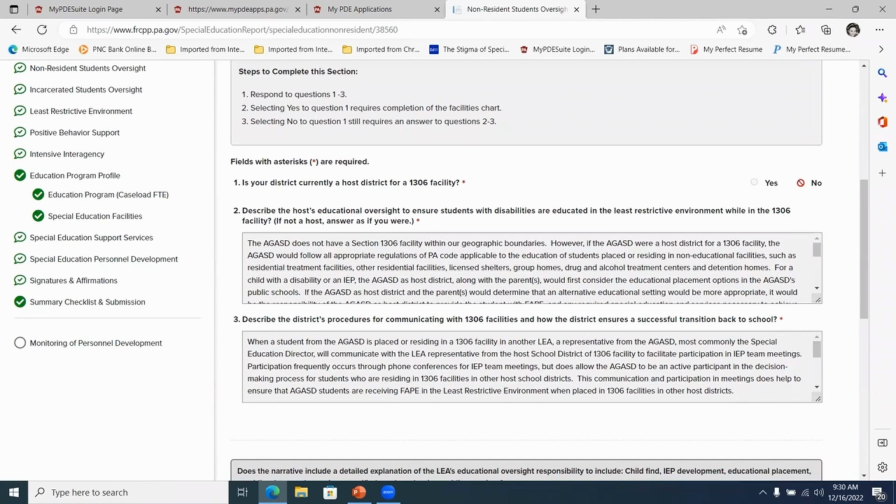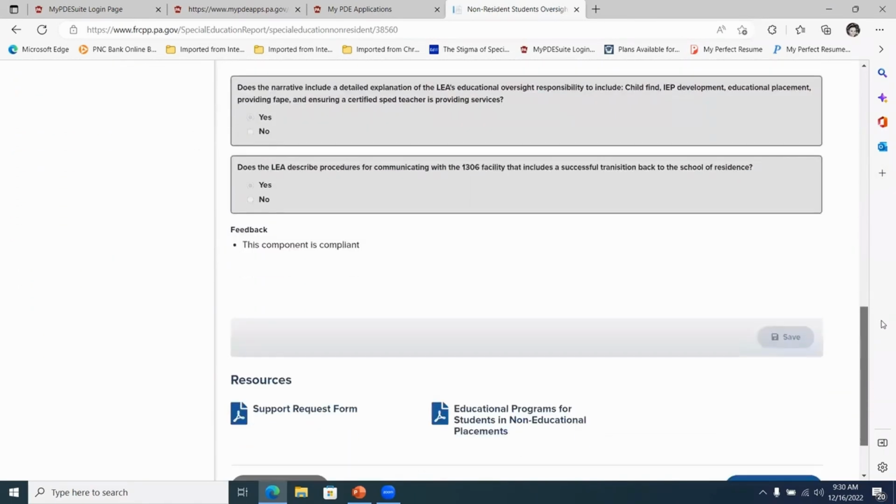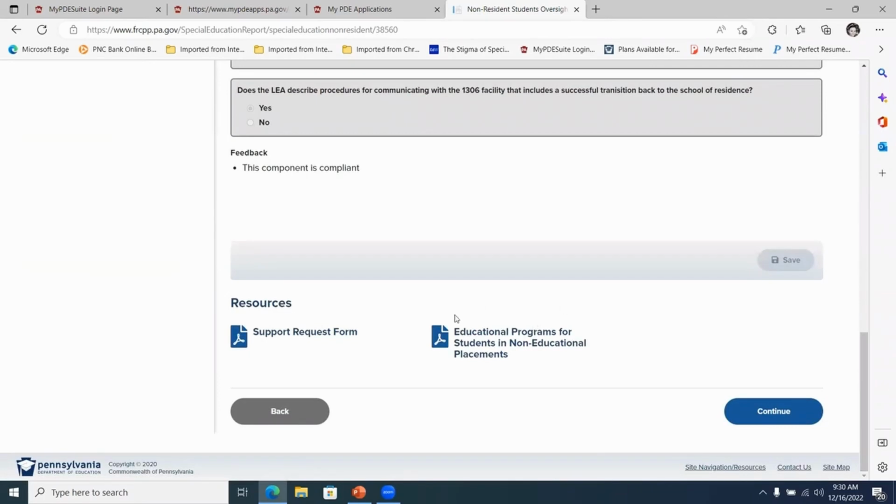In this particular case, the district clicked no. They still, under the instructions, are required to answer these 2 questions. These 2 questions have long been scrutinized under the review of both the advisor and the division chief. If you're not a host, you're going to answer as if you were. And I strongly recommend, to avoid any revisions in this area, that you scroll down to educational program students and non-educational environment and look up the responsibilities for host school districts right here in this document